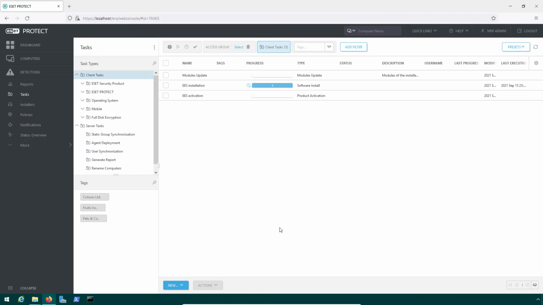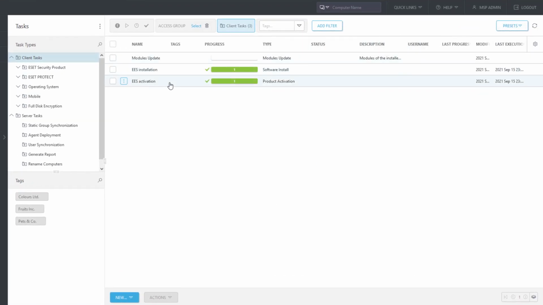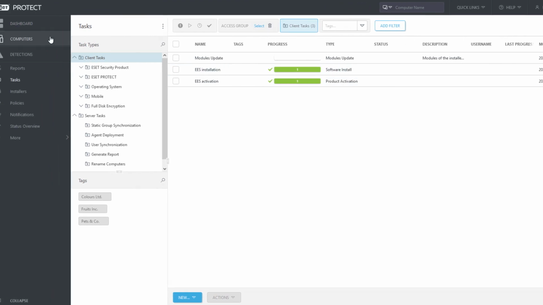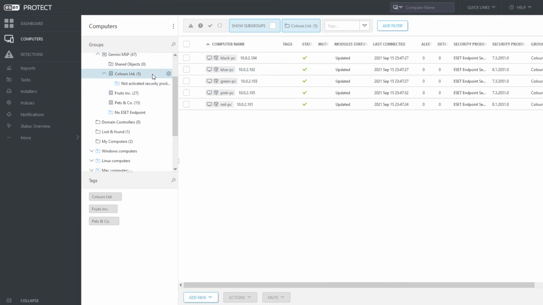Back to ESET Protect Web Console. We can see that both tasks, endpoint installation and activation, were successfully executed and finished on one client computer. Dynamic groups, No ESET Endpoint, and Not Activated Security Product are empty. All computers of customer Colors are protected by endpoint products. Anytime a new unprotected client computer is added to their network, the same workflow of installation and activation of endpoint